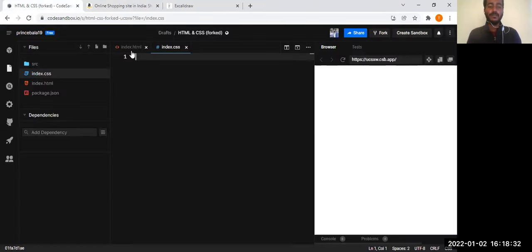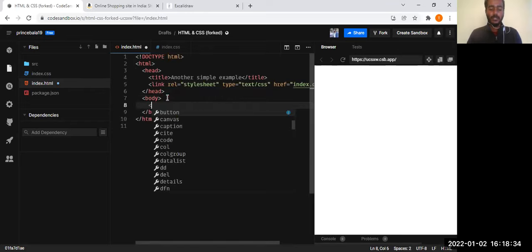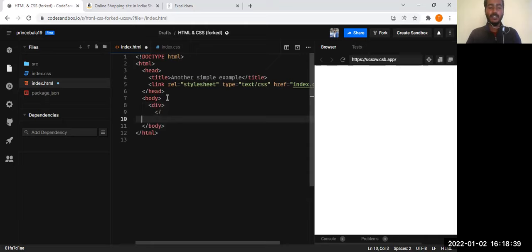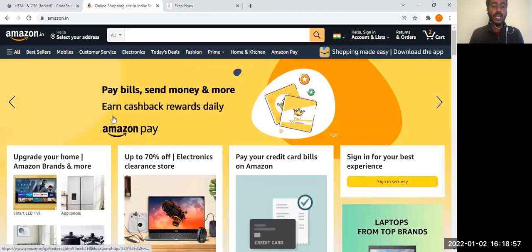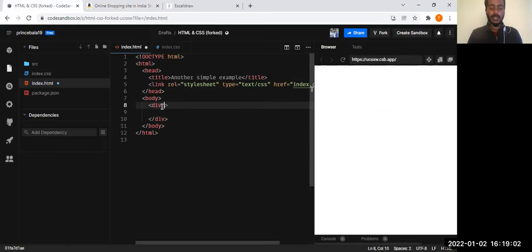For that, I'm just going to create a division, which will be a container division, because I'm going to use the flex property to build this. That is a good and efficient way to build it. So I'm going to use the flex property for building this particular header, the navigation part. Now I have just created a container division. Let me name that with class equals